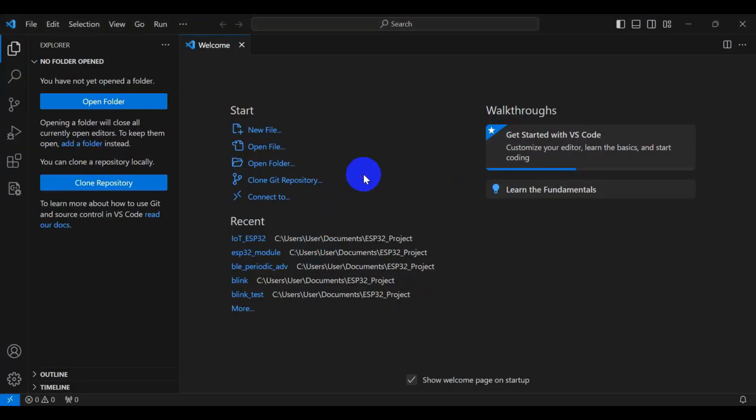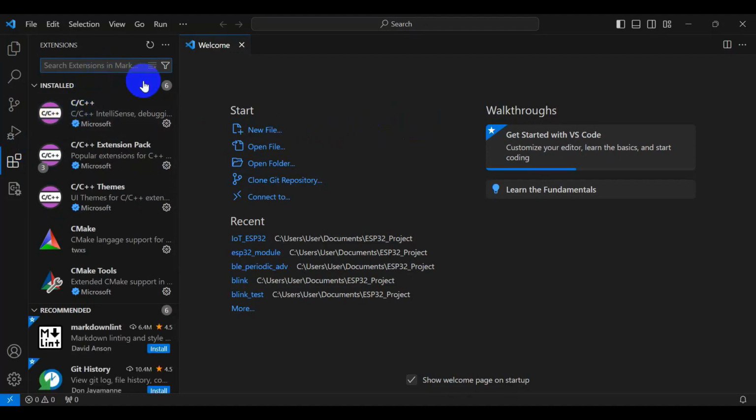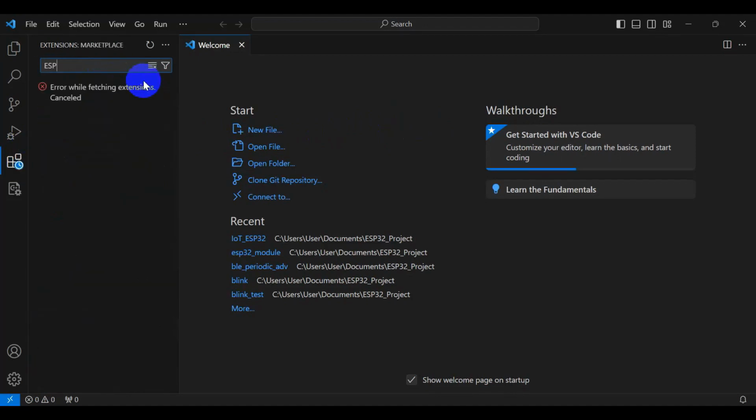Let's start with VS Code. In order to work with ESP32, we need the ESP-IDF toolchain. You can download it from the official Espressif website and set up the VS Code environment manually to use it. However, this is quite a long way, and as an alternative, I will demonstrate the fastest way, connecting the ESP-IDF extension in VS Code. So let's go to the extensions section in the left toolbar, and let's try to find the ESP related